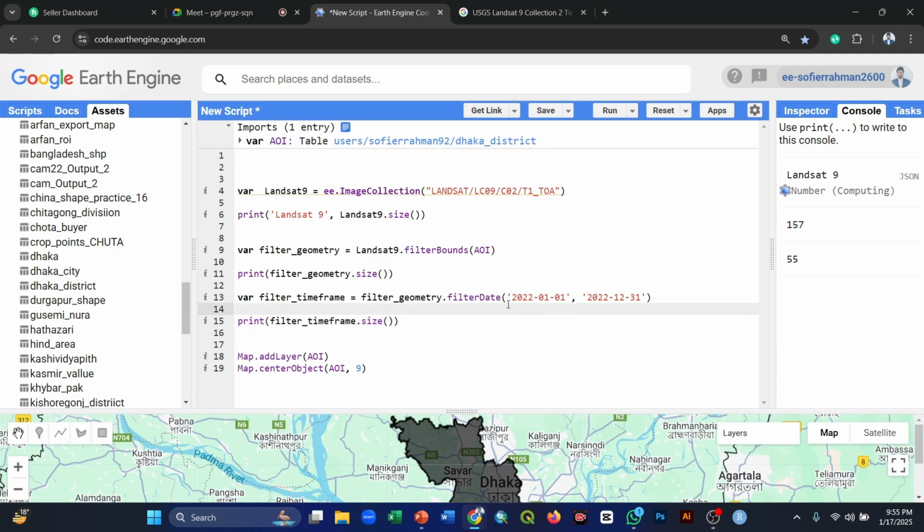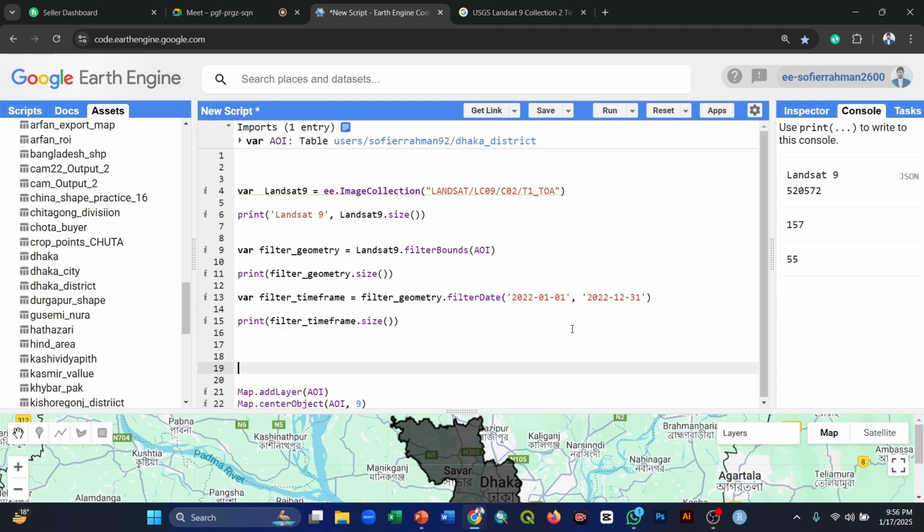that means 1 year, year 2022 1st January to 31st December, only 55 images are available. Okay, 55 images available in this time frame. And also, among all of these images, 10%, 90% or even 100% cloud cover may be present in these 55 images. So for your better analysis, for better images, we use another function